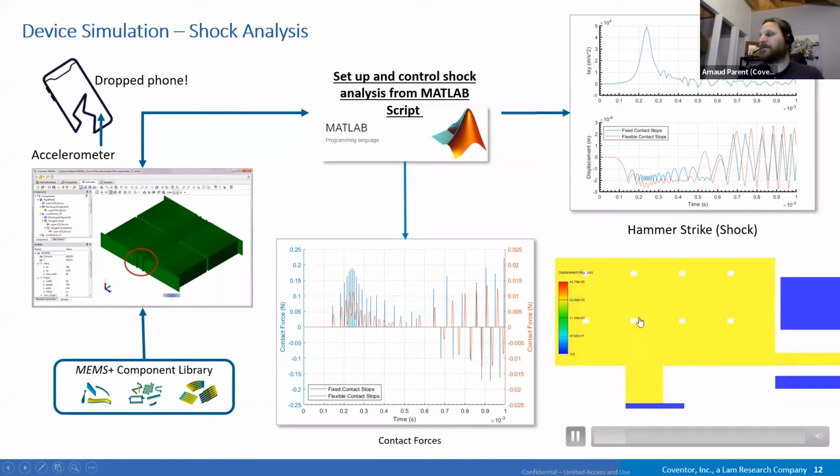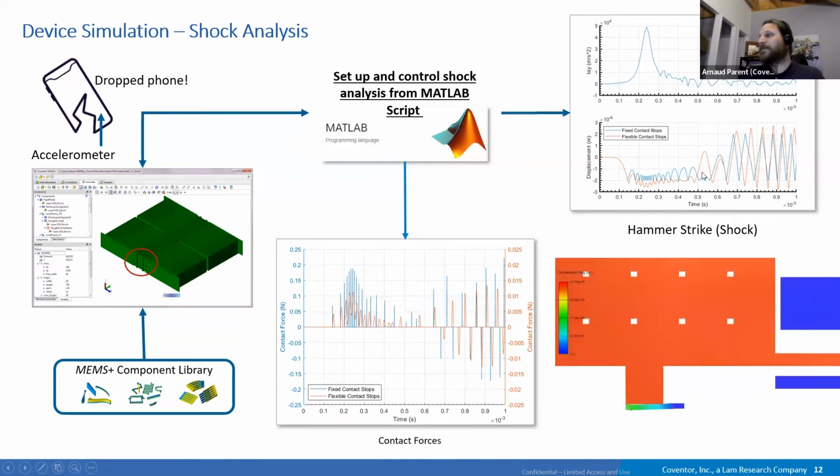And here we have an animation. We are zooming on the stopper itself, and the animation is for a flexible stopper. You can see the stopper will deform and absorb some of the movement of the device. When you look at the movement itself, the results are very similar. Maybe there is more bouncing with the blue line. That is for the fixed stopper: it goes to contact, it bounces, and when it's released, it's oscillating a lot.